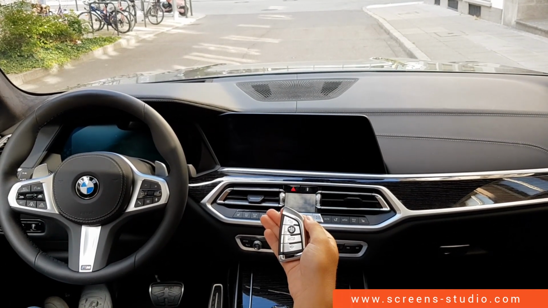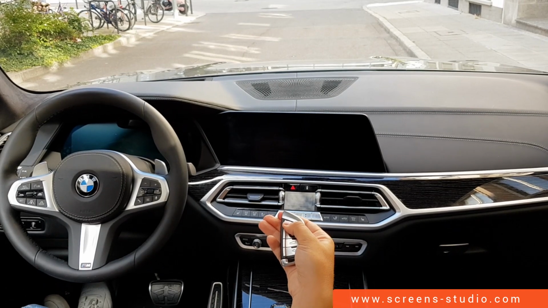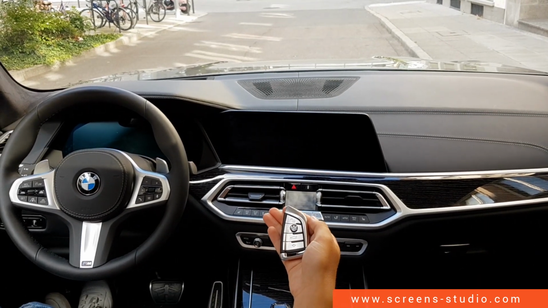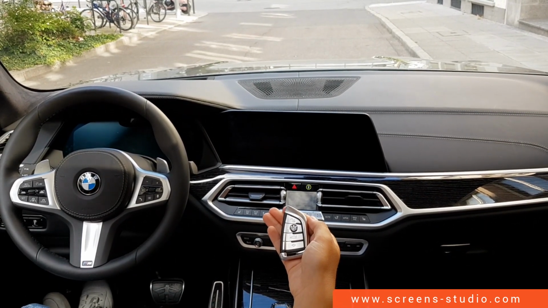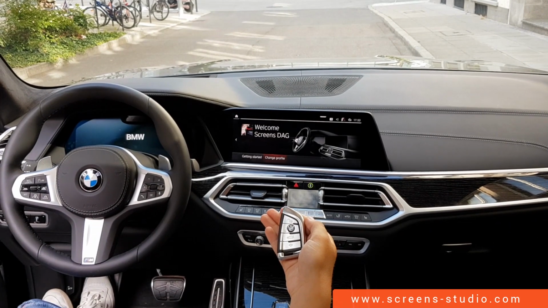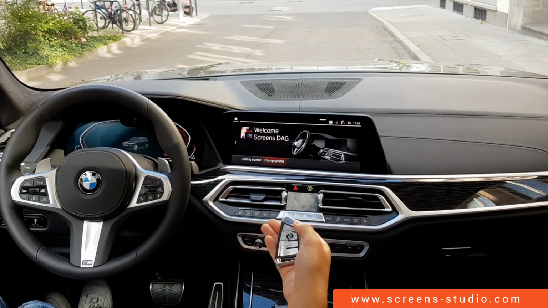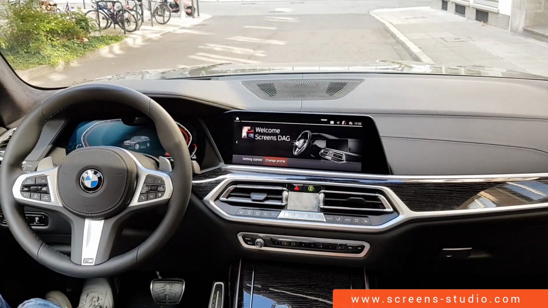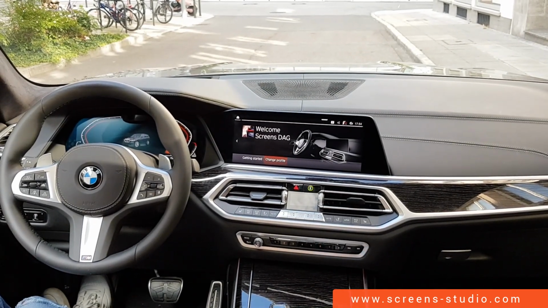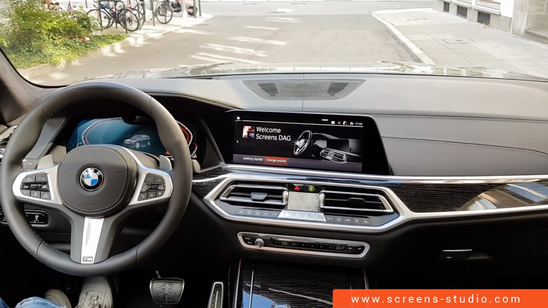We're going to start off by unlocking the car first. We're going to open the door, and as you can see, the head unit as well as the instrument cluster are turned on. We automatically receive a personalized welcoming message with our personal profile name as well as a welcoming message in the